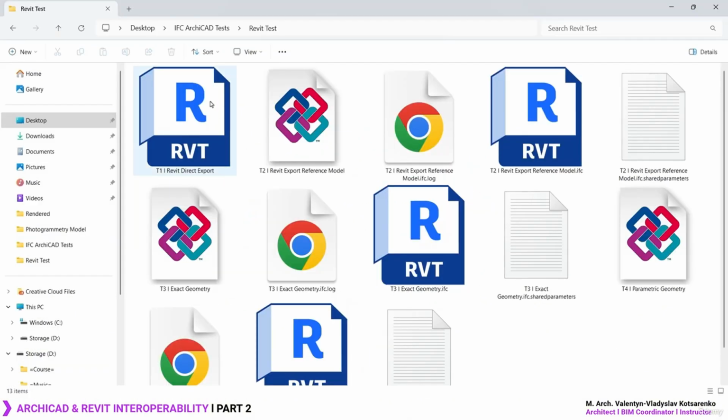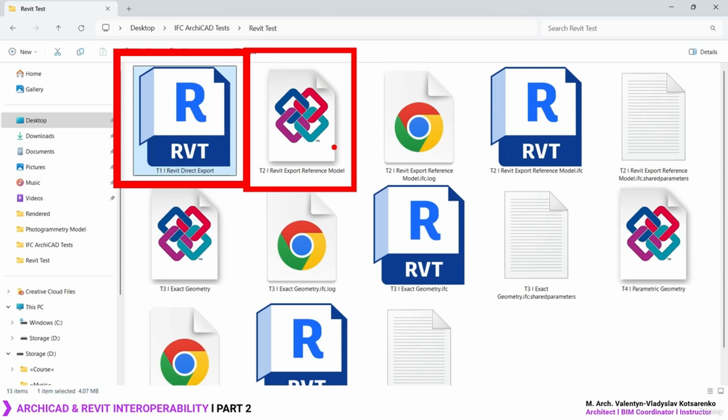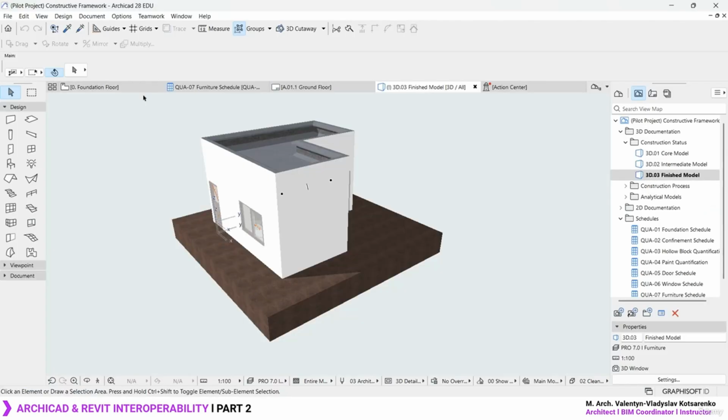But finally, which are the conclusions that we can take from here? If I'm honest with you, I think the first test works great, and the second one will also work great. And if for some reason you don't have these two, you can always proceed with plan B, which is the exact geometry. The one that you want to avoid is the parametric geometry. But otherwise, if you want to export a model from ArchiCAD to Revit, I would highly suggest that you even go for the